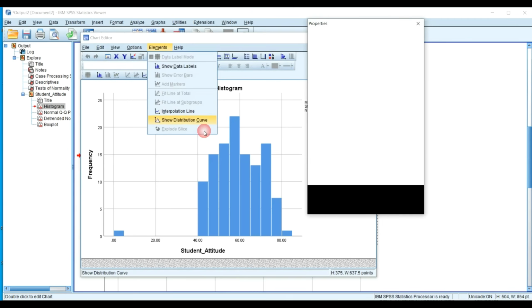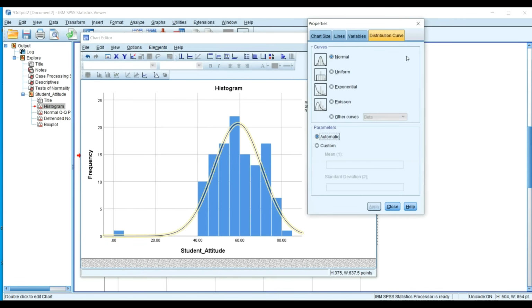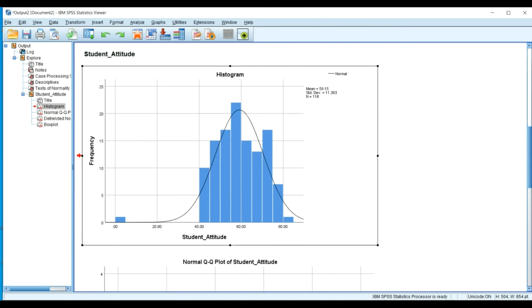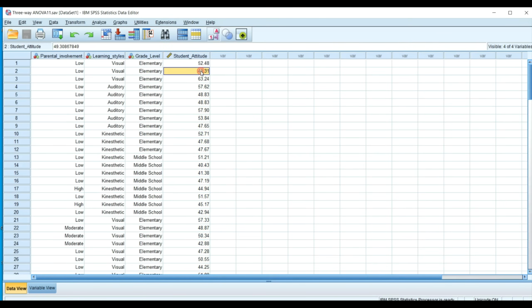Then I'll add the distribution curve, and you can see some values popping out here and then here. So we may consider these not normally distributed. So the violation of assumption number 1 has been seen. At this point, this analysis ought to stop. But because this is for the purpose of demonstration, teaching you how to do that, we want to proceed with